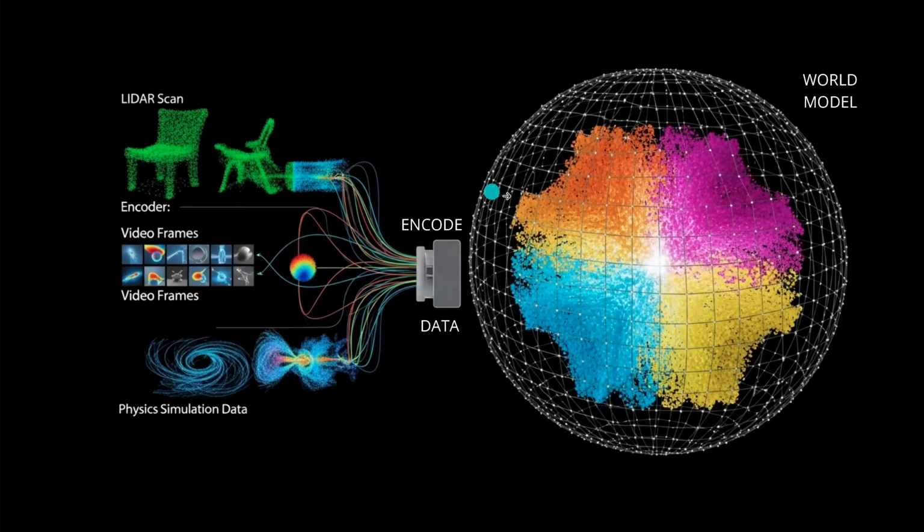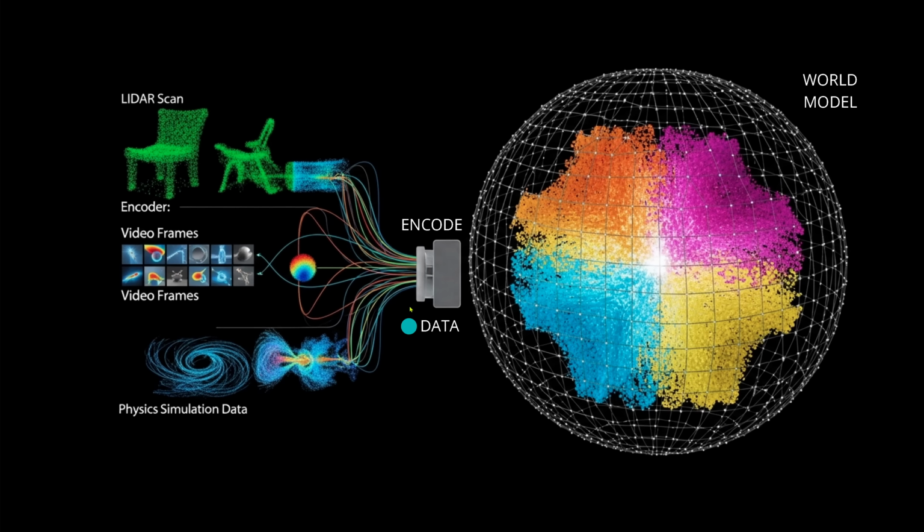So the first idea is, let's build a world model. Let's have an agent here, the IA agent. So they have data, LiDAR scan data. It scans the environment in the room, in the world. Or we have video frames, all the video recordings of this particular room, of the dynamics of all the objects in these rooms. And then we have, if you go, physics simulation,